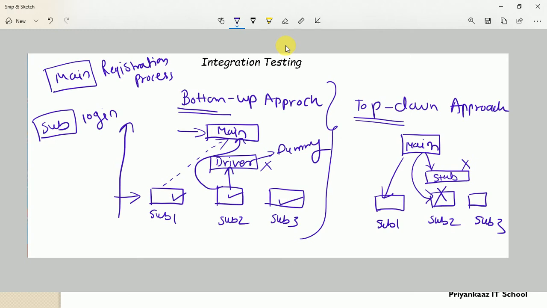So driver and stub, these two points are important. These are dummy code, temporary code, prepared by whom? Prepared by the developer. Clear? And what is the purpose of creating a stub and driver? Just to continue the process. This is the particular concept of test harness. I'll discuss the concept of test harness, but stub and driver are just a process where the developer prepares some dummy, temporary code through which we can continue our testing process, because we should not wait, right?